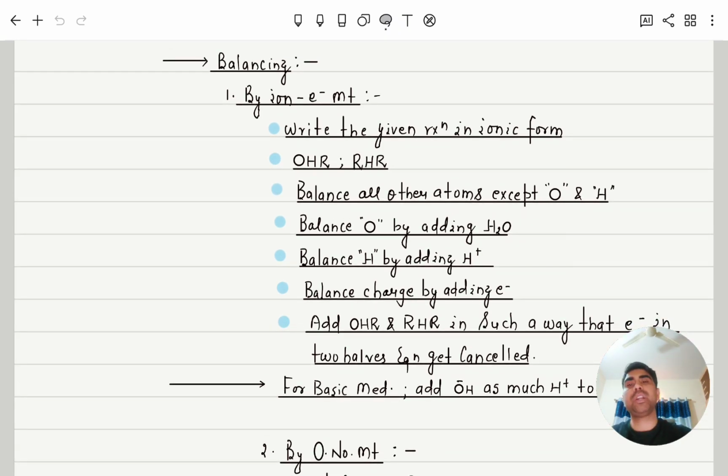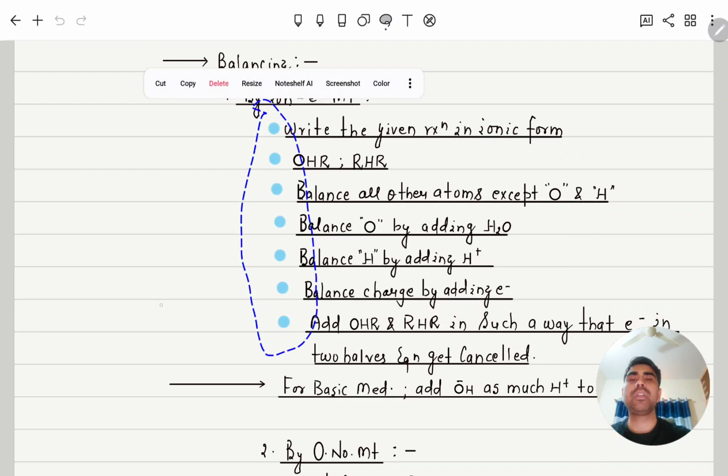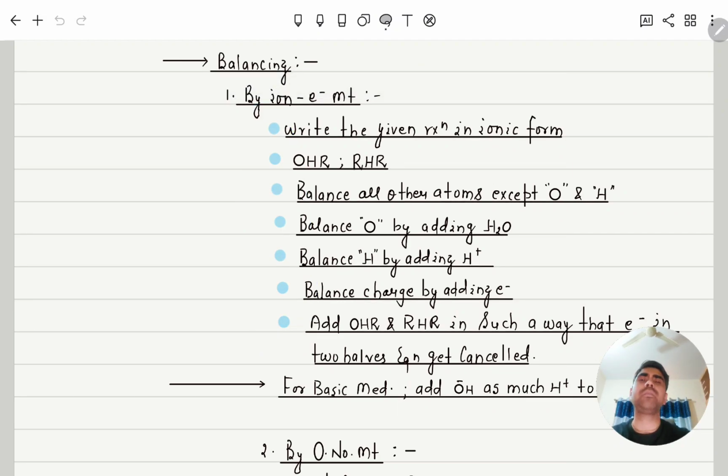So here in our syllabus, those two methods are there. One is the ion electron method and the second one is the oxidation number method. Here we will just revise the rules, because we practiced many questions in classes. What I guided you there was that in any chemical reaction, first you make it